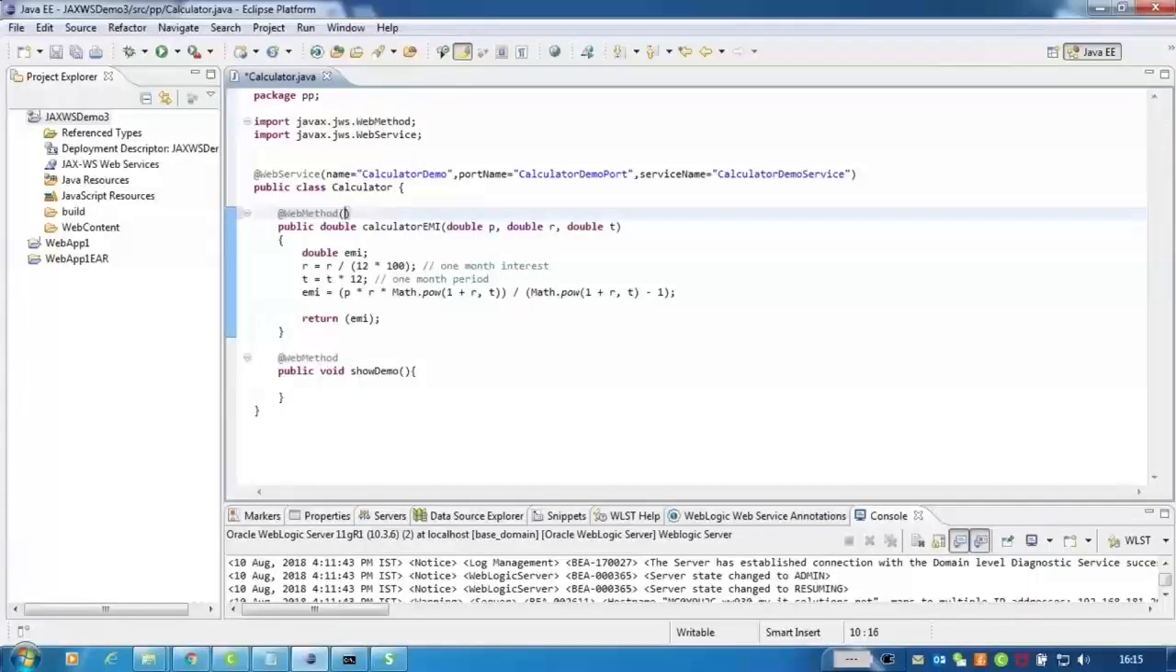an attribute called operation name, equal to some other name like demo1 for the first method, and for the second method I want to use demo2. So I have changed it. I want this operation name to be used in the WSDL file. Fine. So publish